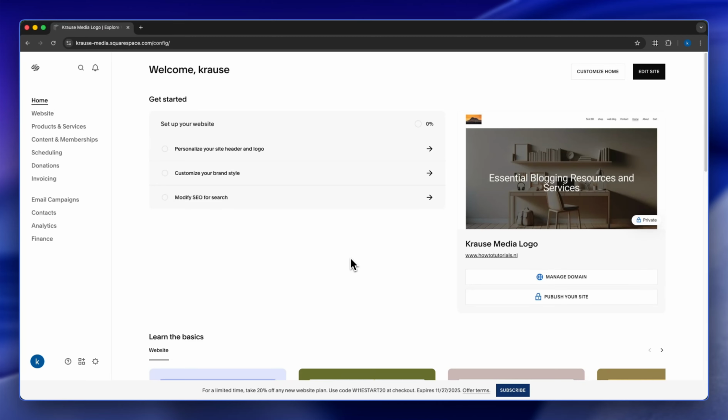Changing font color on Squarespace is actually very easy, and in this video I'll show you exactly how to do